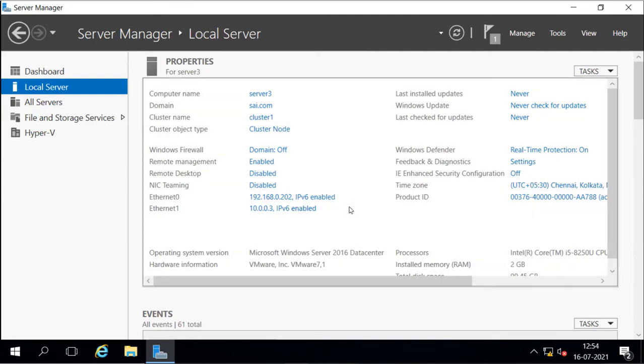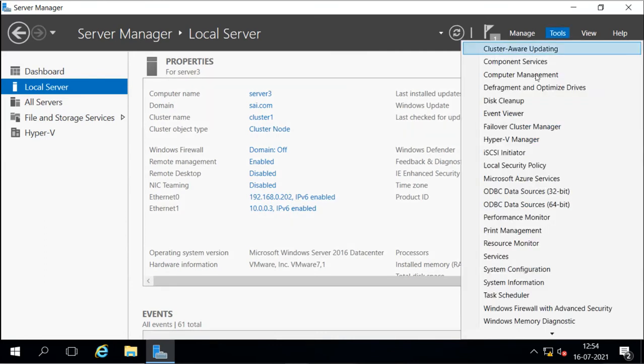And for that we have to connect the virtual switch to the network adapter. Now we can't use this storage network adapter. We have to use a separate one, the one we are using for the clients. So we are going to use this one, not this one. So we have to configure it.